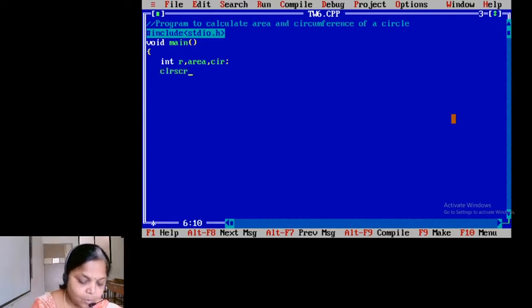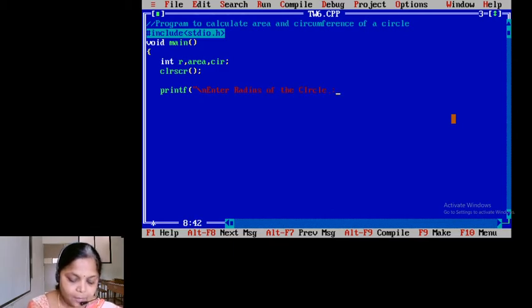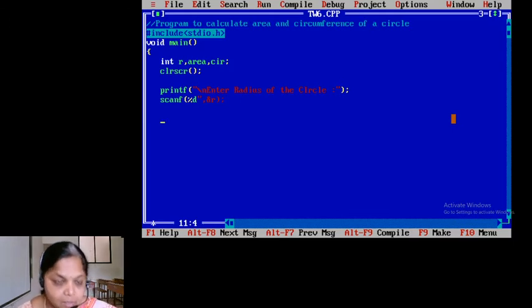Of course, I want my output to be on the cleared screen. So what I'll say now, I'll say printf \n. I'll say enter radius of the circle. Here we go. Right. Then I'll say scanf, percentage d comma, I'm going to accept r. Next I will say, after accepting this,